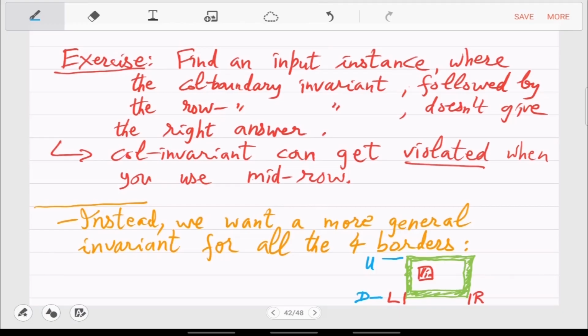Okay, so this quadrant marked by L, R, U, and D. Whenever you move to such a submatrix, there should be an element X here.